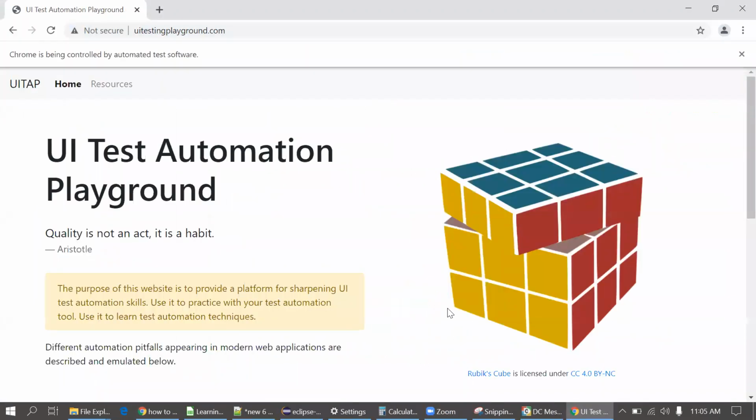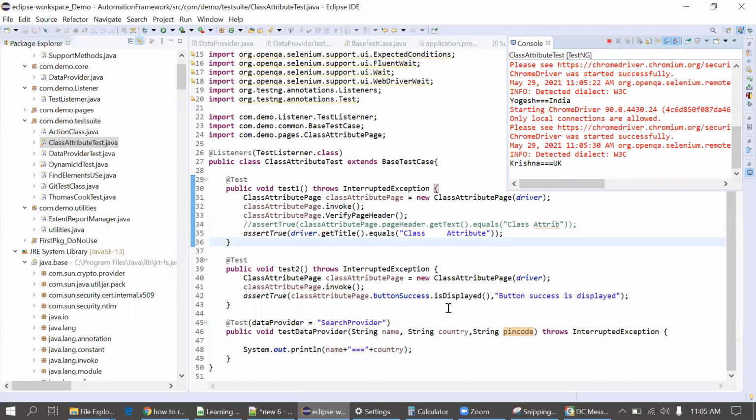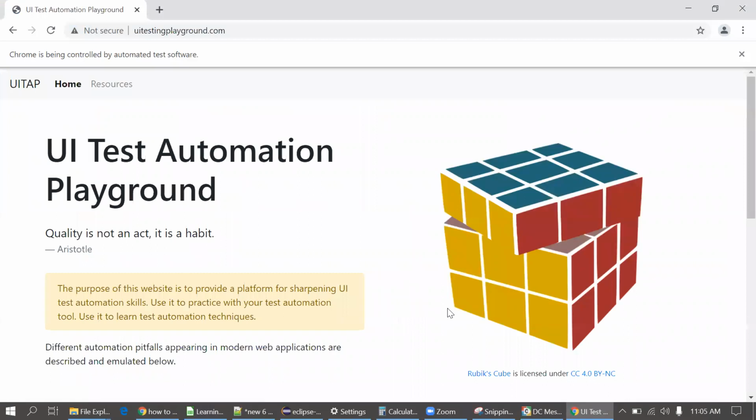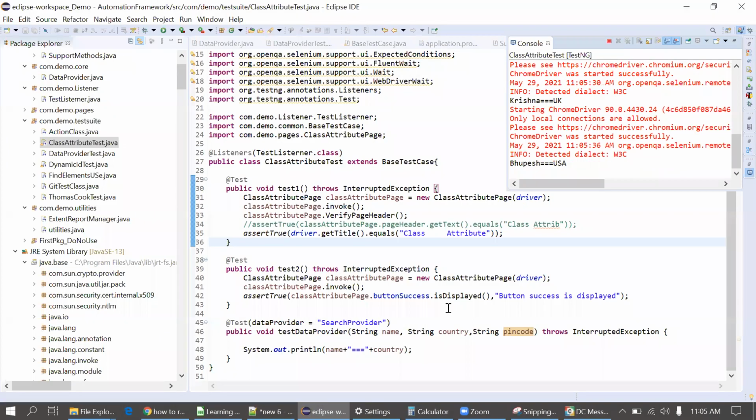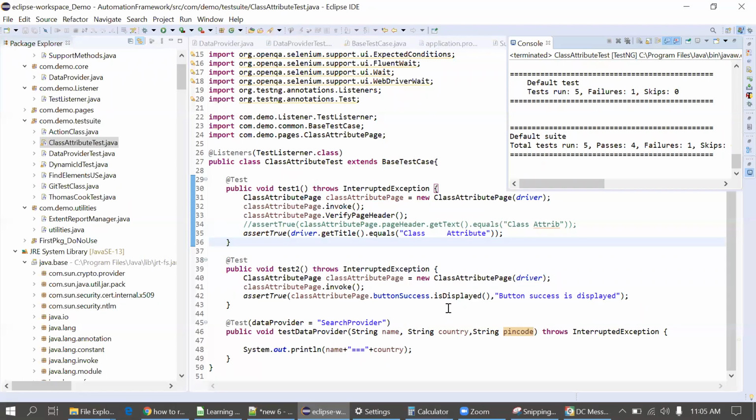You can see the further test cases are executing, not getting skipped. Yes, getting it. So actually, these are the basic things. If you don't know, you can just simply practice it. Sometimes the functionality might get changed slightly. You can see the passes 4, the failure 1. Now can anyone tell me how this is 5, because there are only 3 test cases right now here? Because of the data provider, we are executing it 3 times. Yes. This test case got executed thrice. The line number 45. Got it. Great.